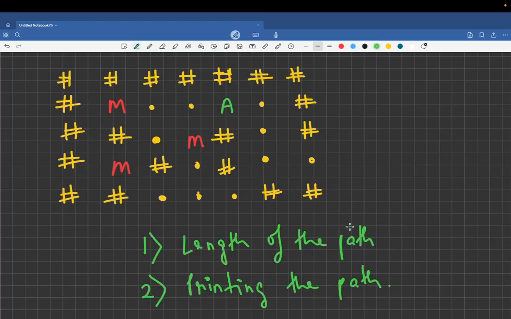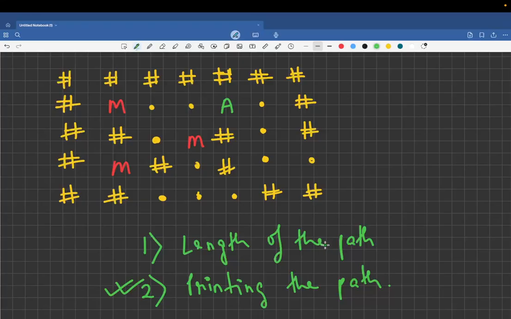I hope that all of you have already solved the earlier questions of this monster problem, whatever is there in the CSES problem set. So I hope many of you would have now got the logic of how we actually print the path by maintaining the parent, right? In this particular example, I would do exactly the same thing, but with a bit of change, so that you see something different.